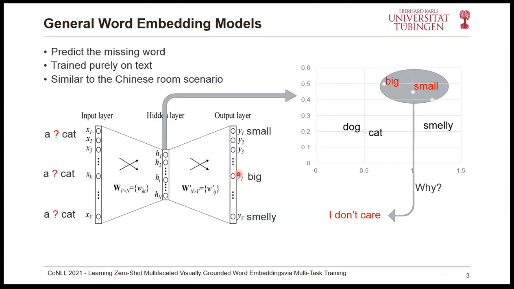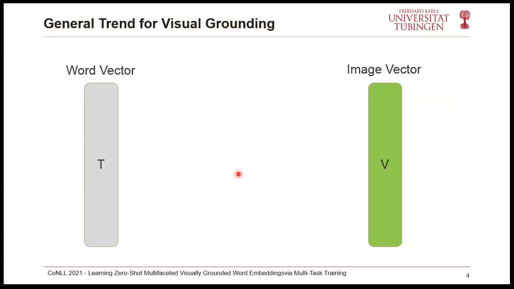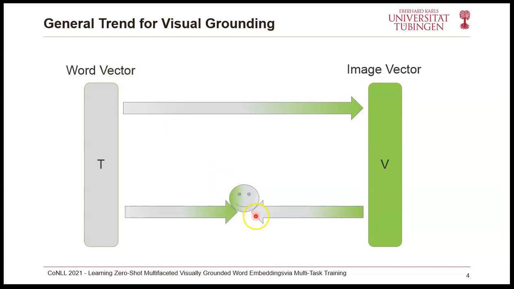So there are many ways of connecting this textual representation to the real world through images. Given the word vector t and its corresponding image vector v, some approaches learn a mapping from t to v and call the vector at the end the grounded version of that vector. Other approaches project both modalities into the same space and force them to be similar or dissimilar based on some criteria. Our approach, on the other hand, tries to ground